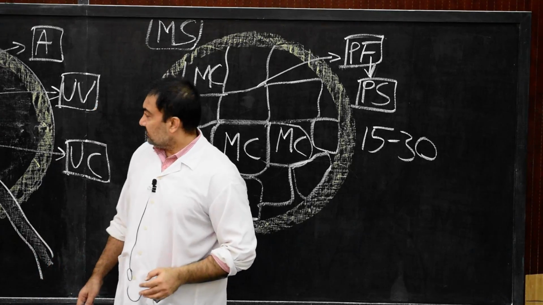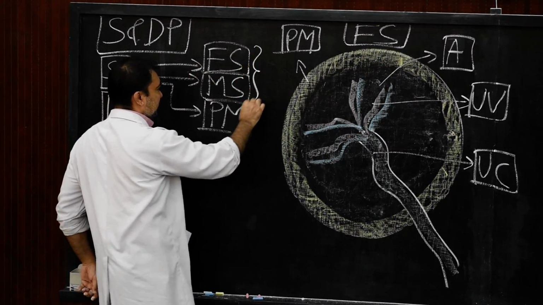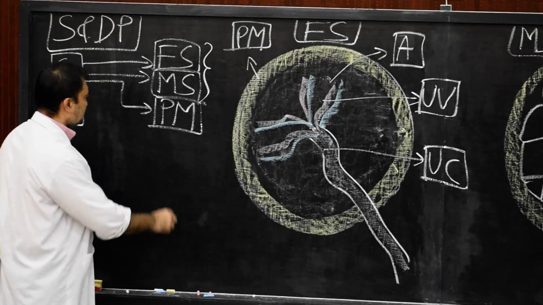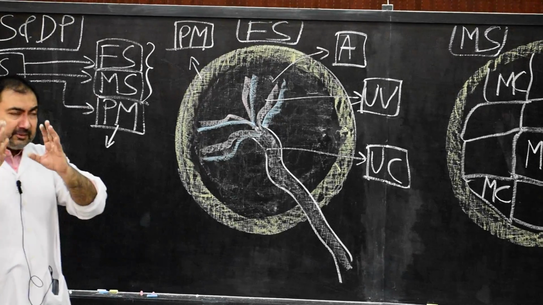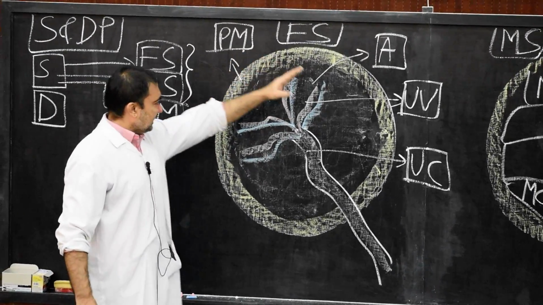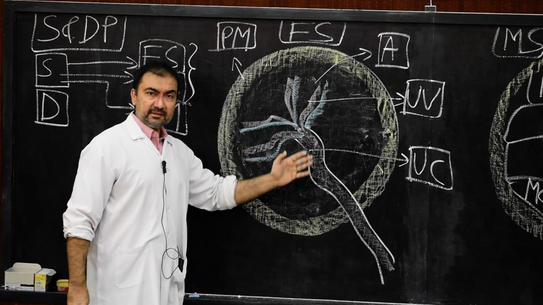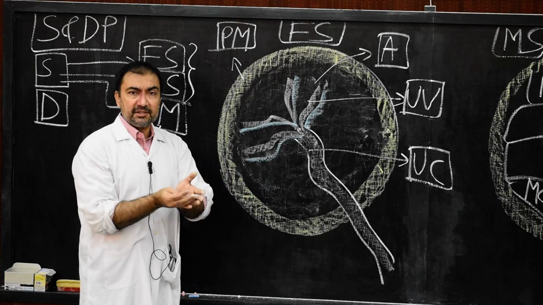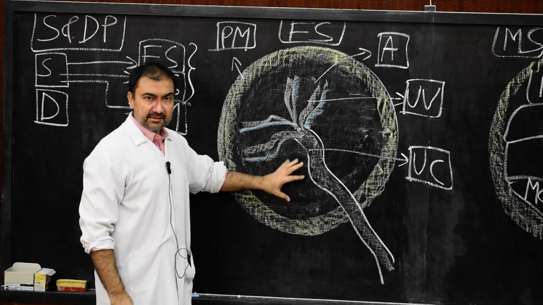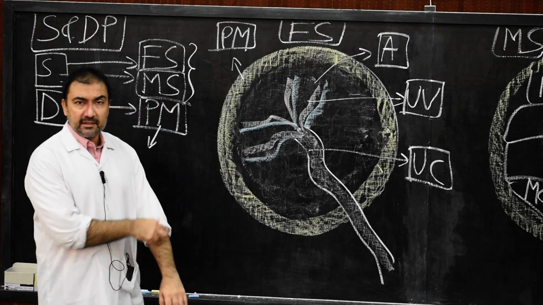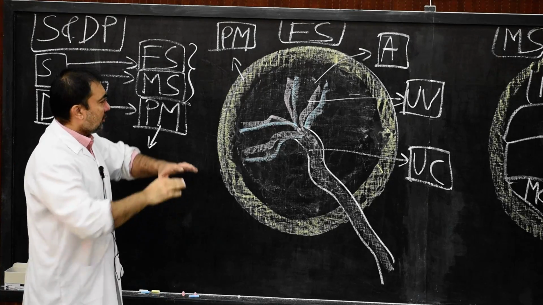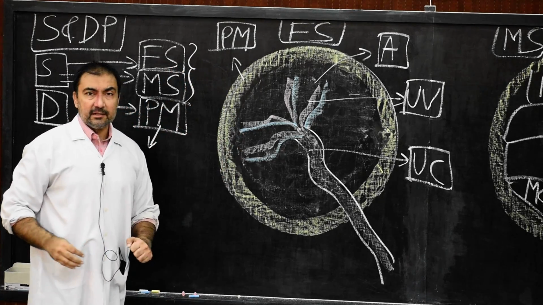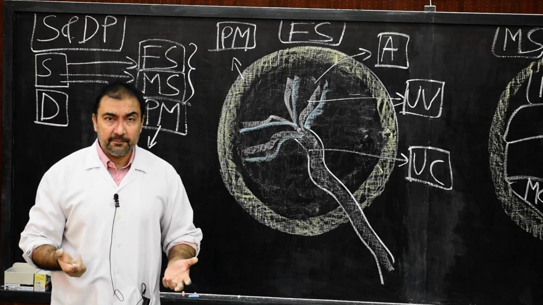Now the third part. What is the third part? Please come on this side. We have finished these two parts, fetal surface and maternal surface. Now the third part is known as the peripheral margin. The peripheral margin, which we have shown on either side of the fetal surface and maternal surface, will be continuous with the fetal membrane or fetal surface. So that point you can note down. The peripheral margin of the entire human placenta will be continuous with the fetal surface or fetal membrane.